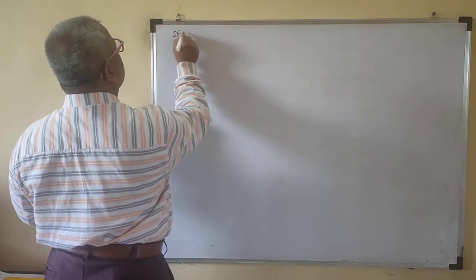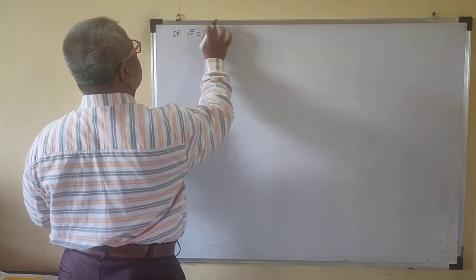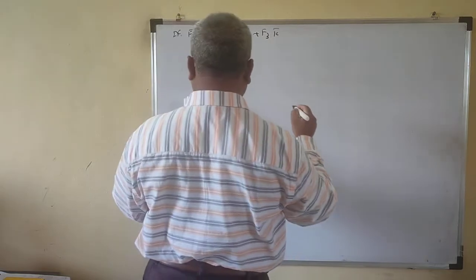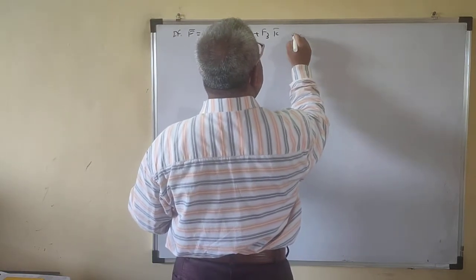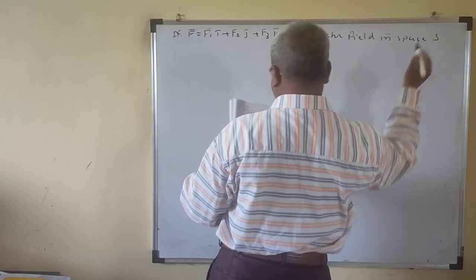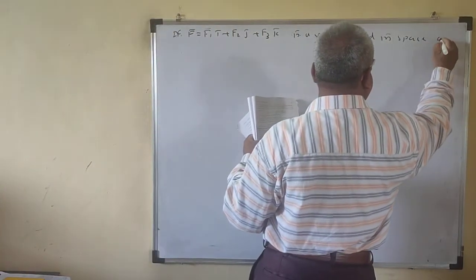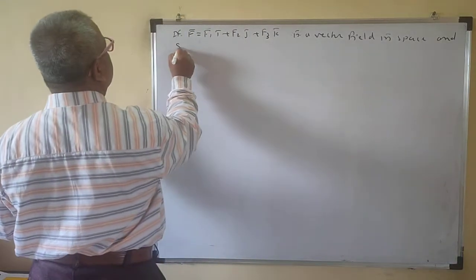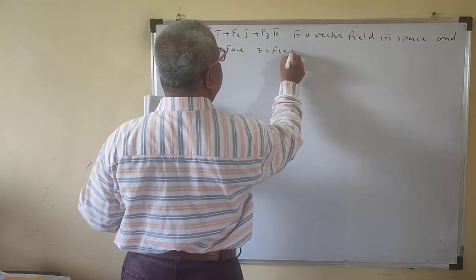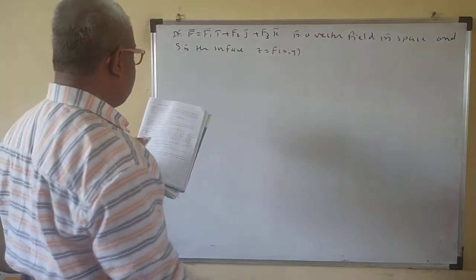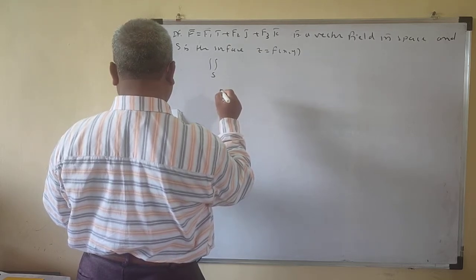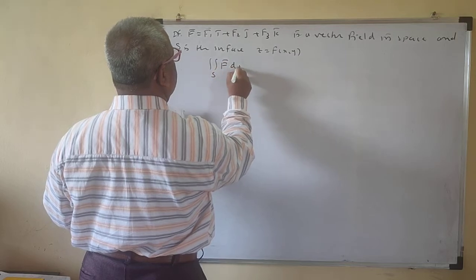If f bar is equal to f1 i bar plus f2 j bar plus f3 k bar, a vector field in space, and S is the surface z equals f of x, y, then the surface integral over S of f bar ds